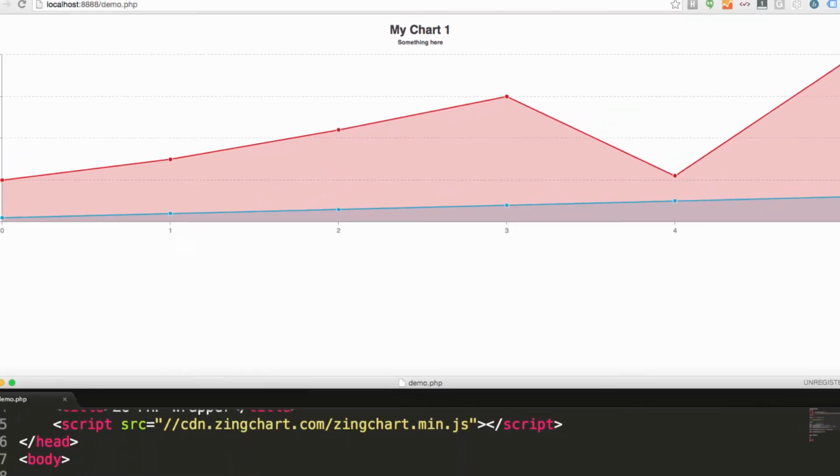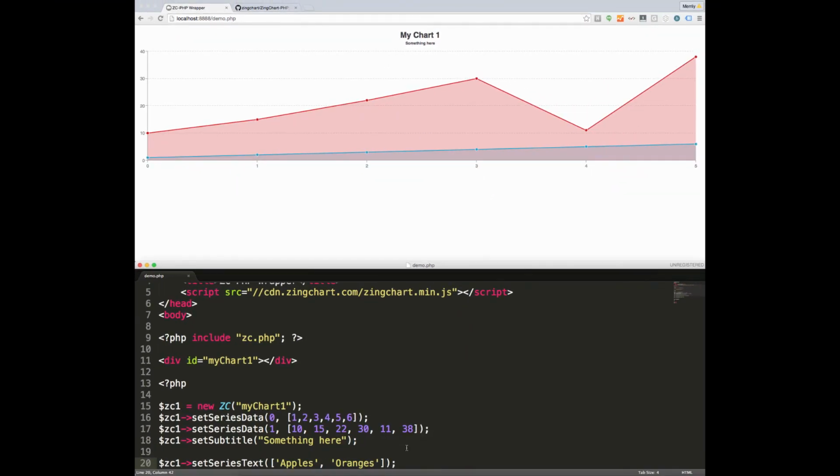Okay, so this is what we're calling the level 1 way of getting started with making charts with the ZingChart